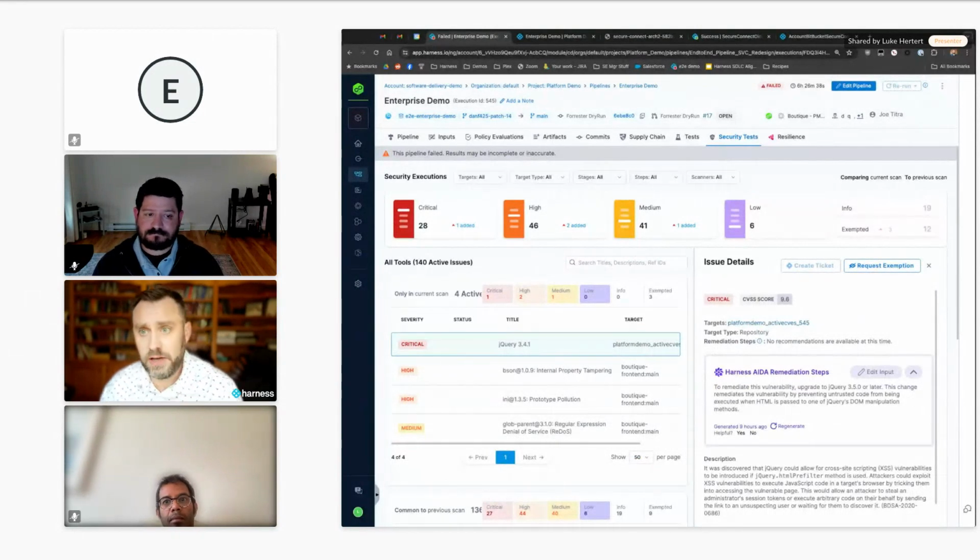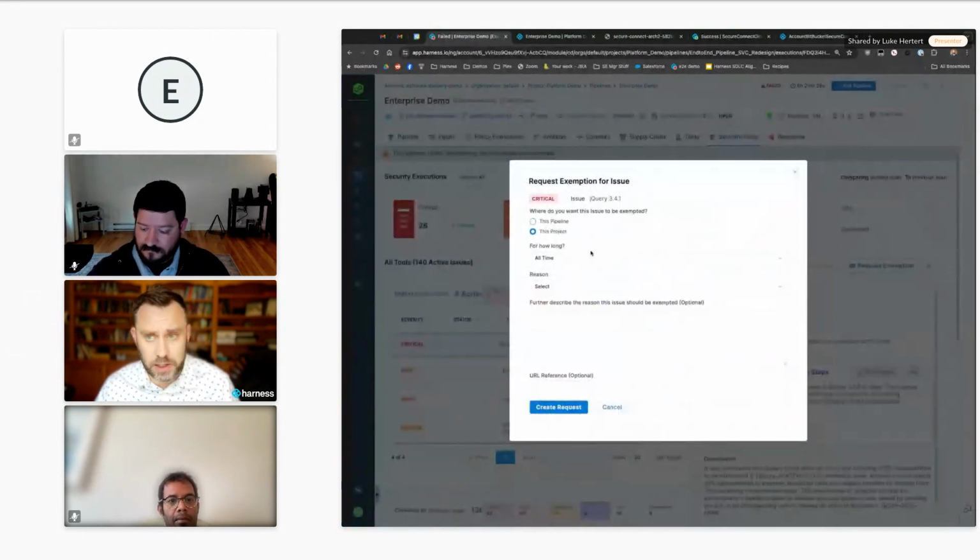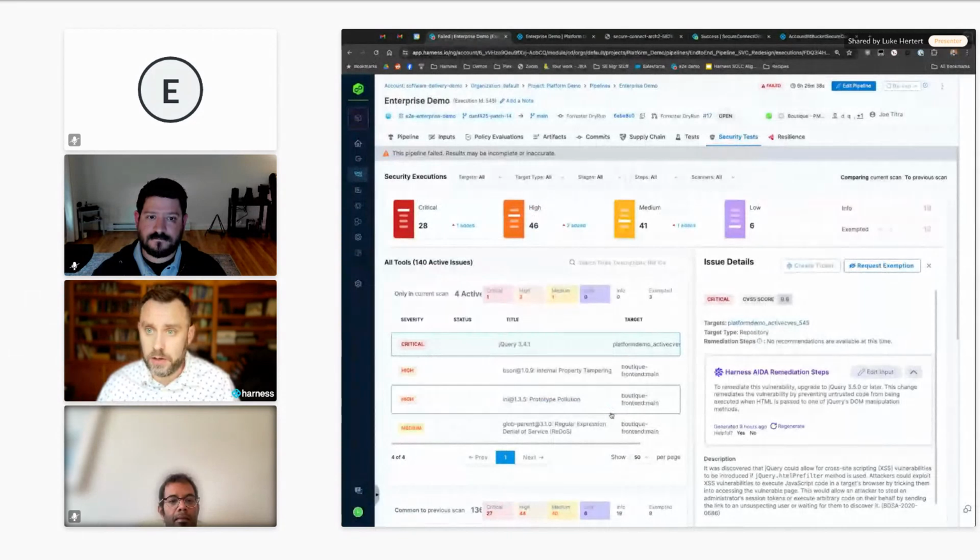So basically giving engineers and developers as quick a feedback loop as possible about what action they need to take, giving them recommendations about how to take that action, and giving a remediation workflow where they can give feedback and have a feedback loop with the security team, to say this is a false positive, or I've got a workaround in place, or what have you. That would then go into a queue for the security team to act upon. So making it really easy to run these scanners, consumable output, and remediation workflow, that's one aspect of this.